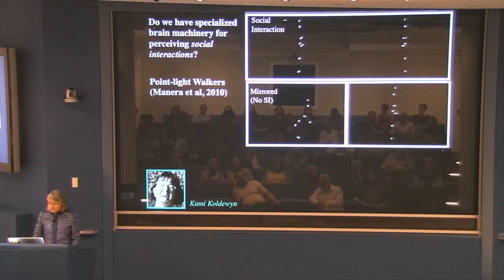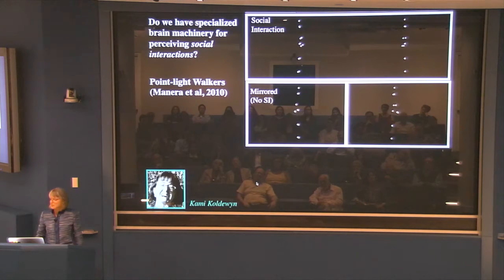In contrast, here's a video we made where we took that top case and we just flipped it like this so they're facing away, and we stuck a line down the middle so that they're perceptually pretty similar, but it's not as clearly communicative, okay, because they're facing away and there's that wall in the way. I find this only partly effective. The timing is such that I see an interaction in there anyway. I don't know. I think it's not perfect.